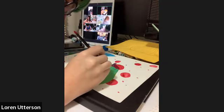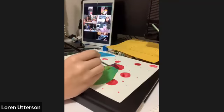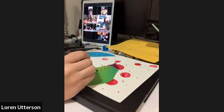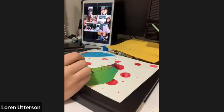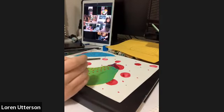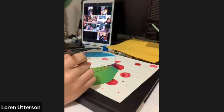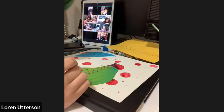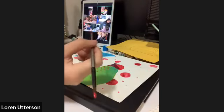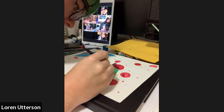If you're ahead of me, you can paint the watermelon. So much like this one, but I want you to do it the opposite. So with your watermelon, I'd like you to paint the dots that are on this one as your watermelon color, and the background that is this one as your dot color. Ooh, too much. So adding our dots, dot,